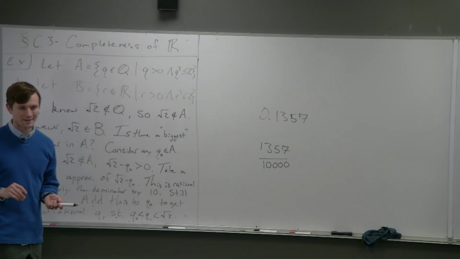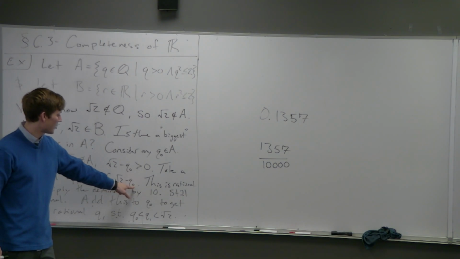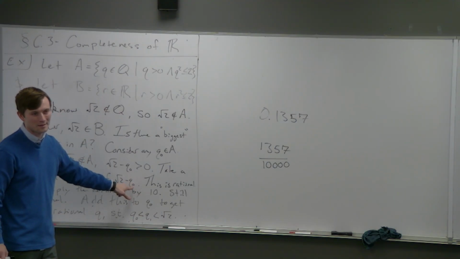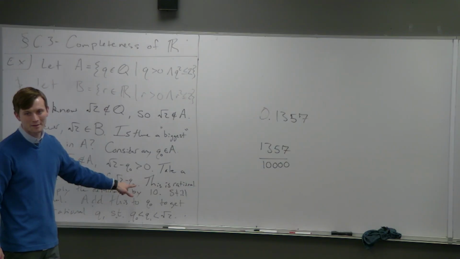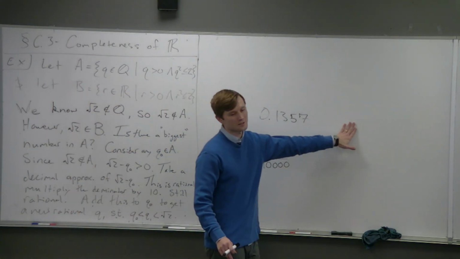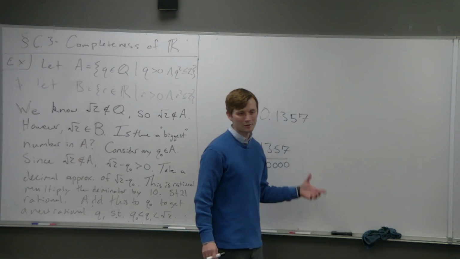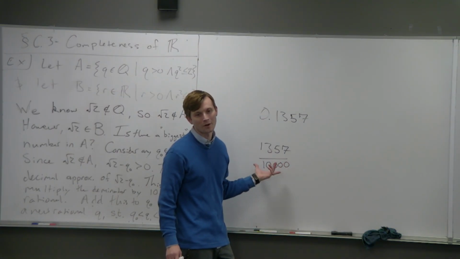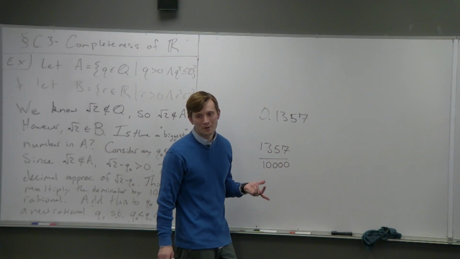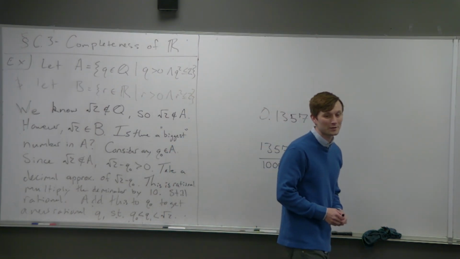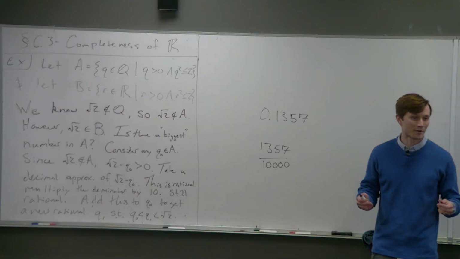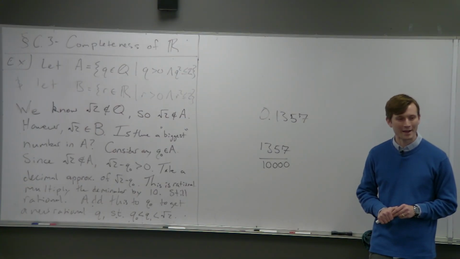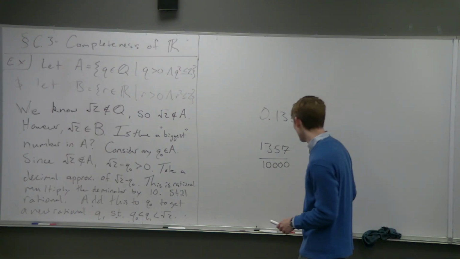Do you buy that? Does that process make sense? You take square root of 2 minus Q0. That's going to be some crazy non-terminating decimal, yeah? Just cut off the rest of the digits after some point. Okay, there's a number, divided by 10 or something, right? A smaller rational number, bigger denominator. Add that to Q0. Okay, cool. There's a bigger rational number, still smaller than square root of 2. You can just keep doing this forever and ever. No big deal at all. So, in some sense,